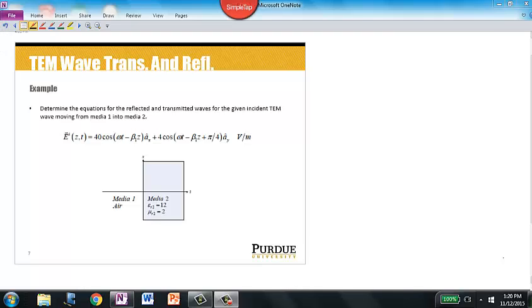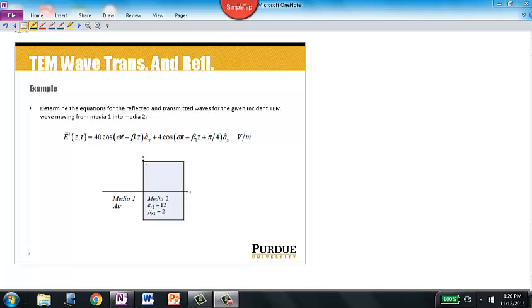In this example, we want to determine the equations for the reflected and transmitted portions of the E field when we have an incident TEM wave that moves from air into some new media, and the incident electric field vector is given as pointing a little bit in the x direction and a little bit in the y direction. So notice that it doesn't point in the z direction, so that means that the E field is still perpendicular to the